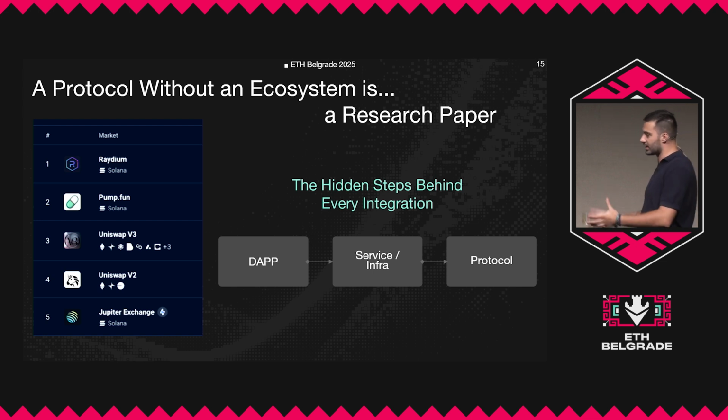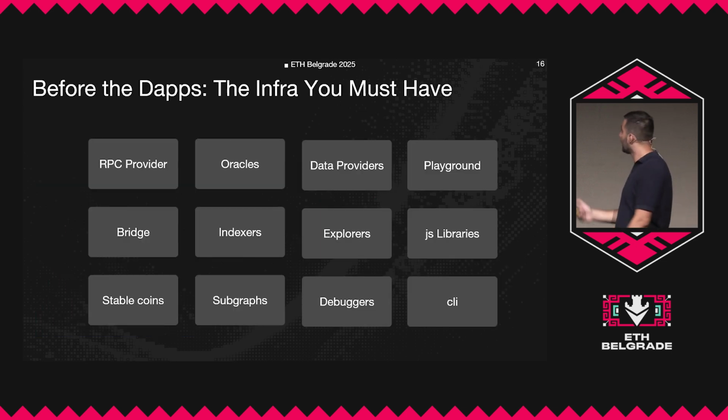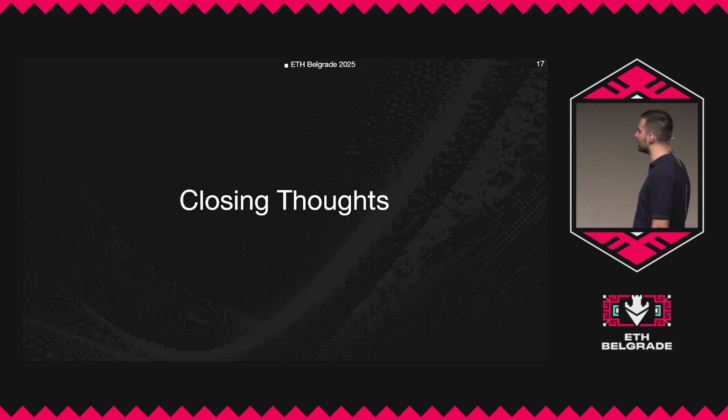And the last pitfall that I have on this topic is that people often forget, and this is advice for me as someone who works in an integration team, that besides the dApps that we want to build, we also need to have all the services they need to exist for them to deploy on us. And the list of these services is really big. I will not go over all of them, but you have the same thing as we have with the dApps. You either need to find someone who can deploy and change, or you need to pay someone, or you need to do it yourself. And at the end, all of this costs a lot of money.